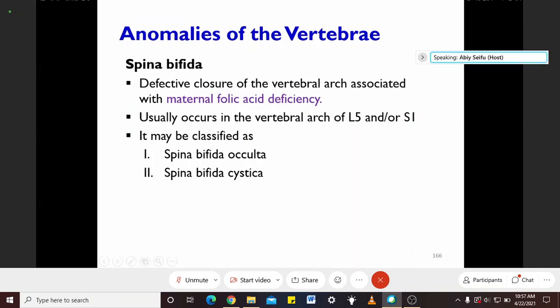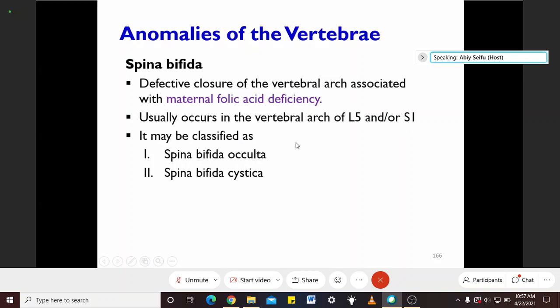For proper fusion of the vertebral arch, there is a need for adequate folic acid. But if there is a deficiency of folic acid within the mother, the vertebral arch may fail to fuse properly. And those defects most of the time occur at L5 and S1, which is